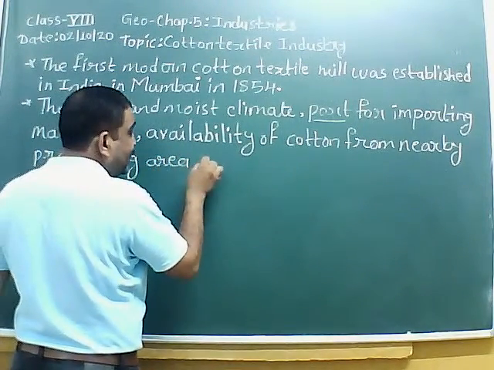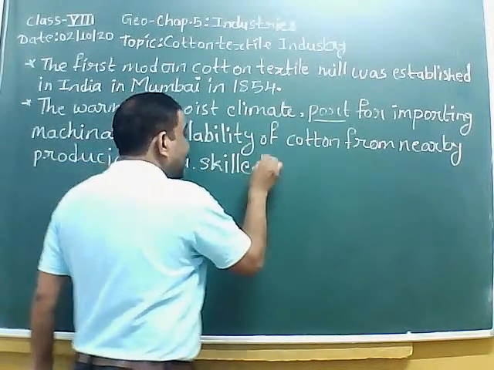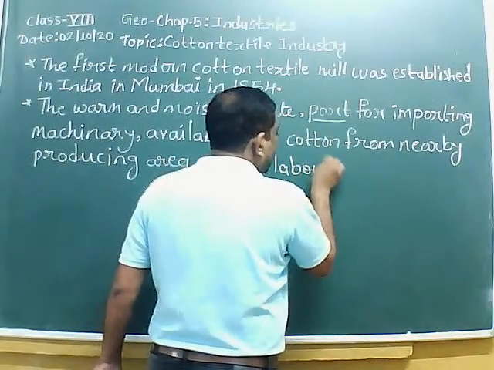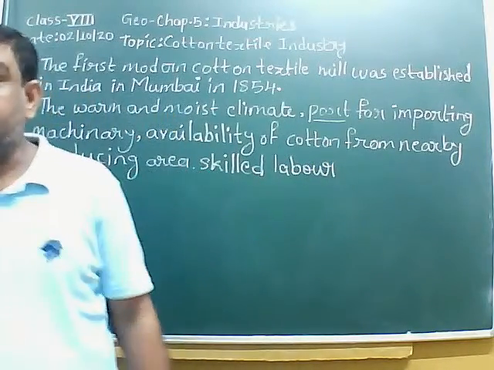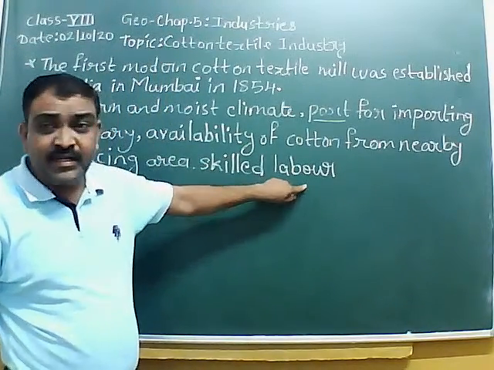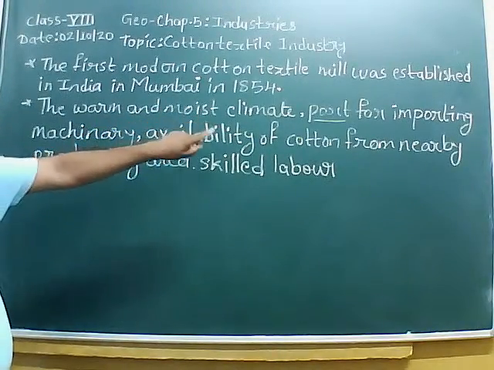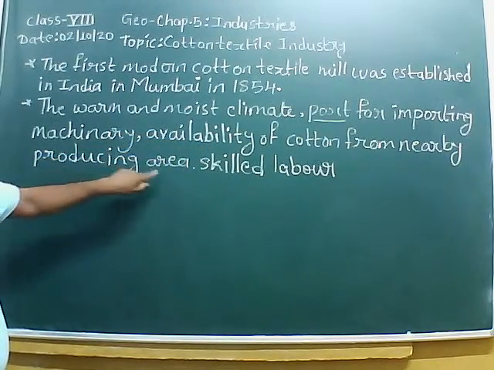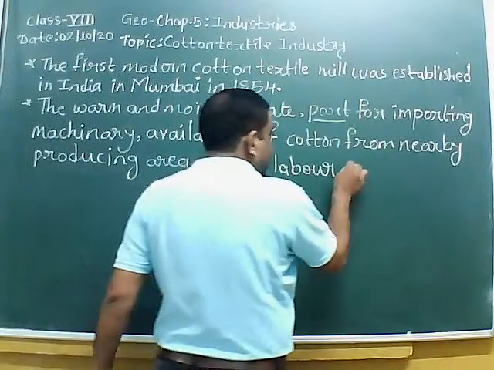Okay, and the fourth advantage is what? Skilled labor. Now the cotton textile industry was already well developed in this part of India. Because of that, when the cotton textile mills were set up, the mills already got skilled laborers. Okay, so the warm and moist climate, port for importing machinery, availability of cotton from nearby producing area, and skilled labor are